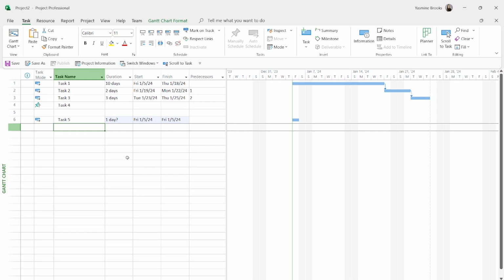But if I open a blank new project, I'm still going to go back to the default behavior where all the tasks are in manually scheduled mode. So the first thing I'm going to do here before we get started, and I'm going to delete all these tasks here as well, is actually change one of the settings. I want you to please go to your File tab,